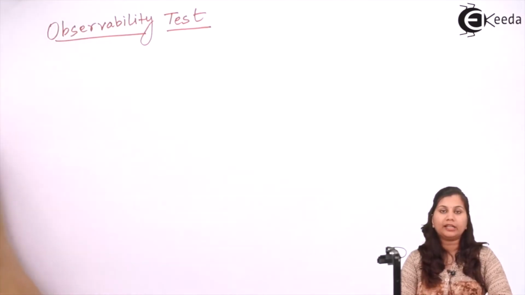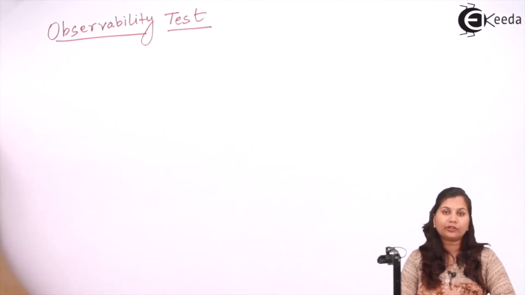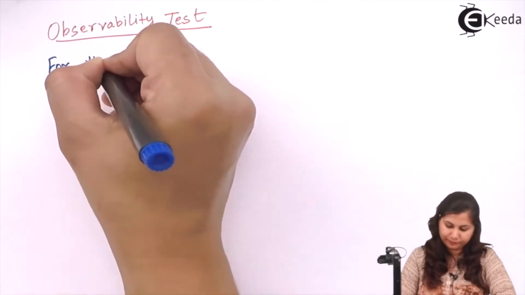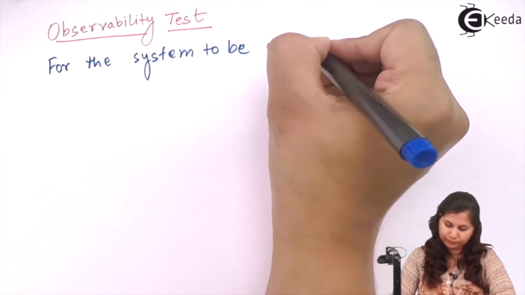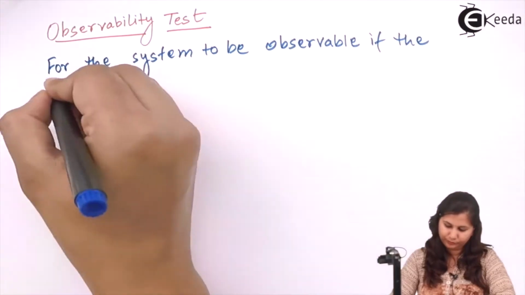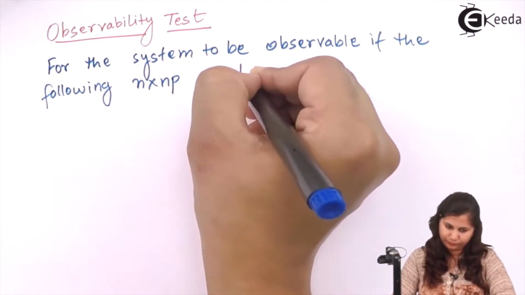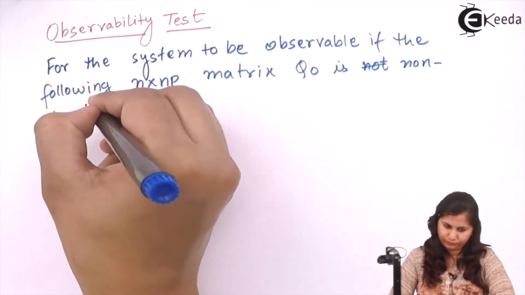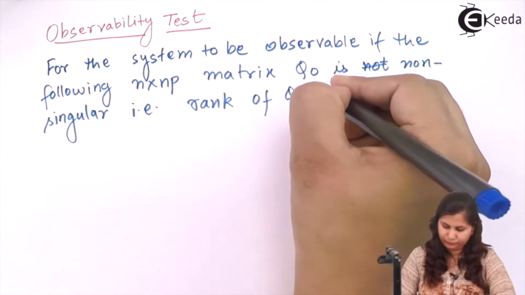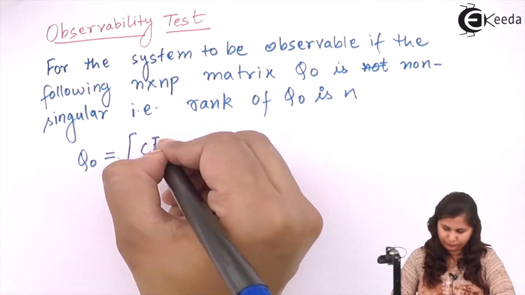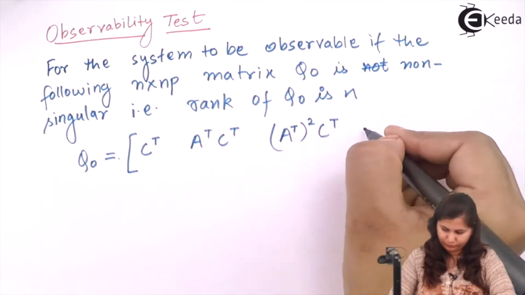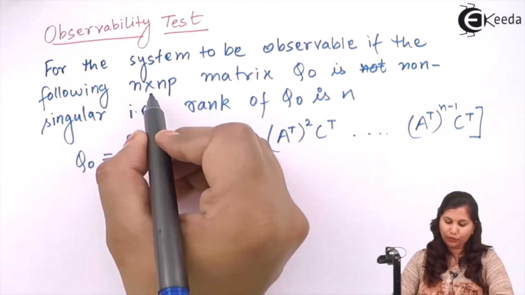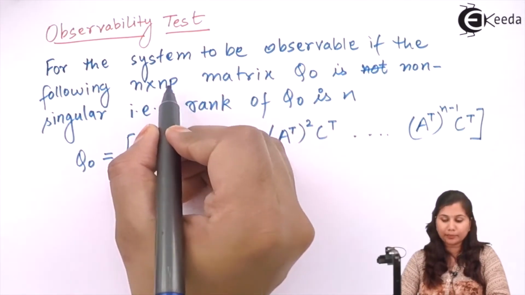Observability means that we can check, or measure, or observe the state of the system externally. Okay. So for a system to be observable,